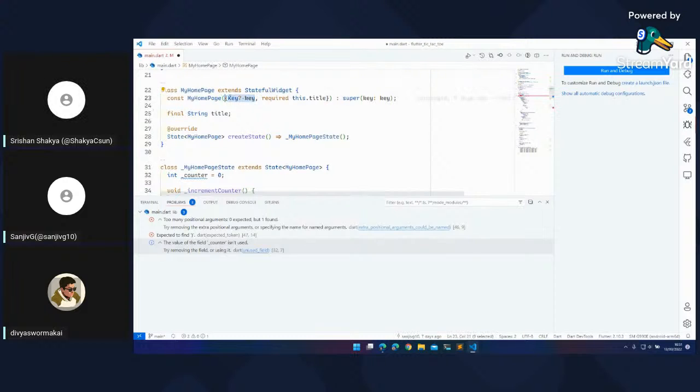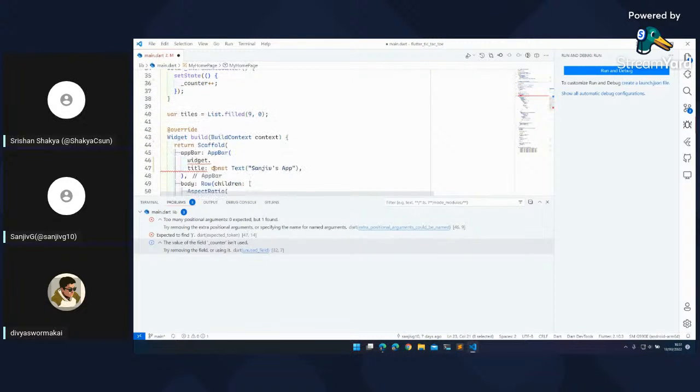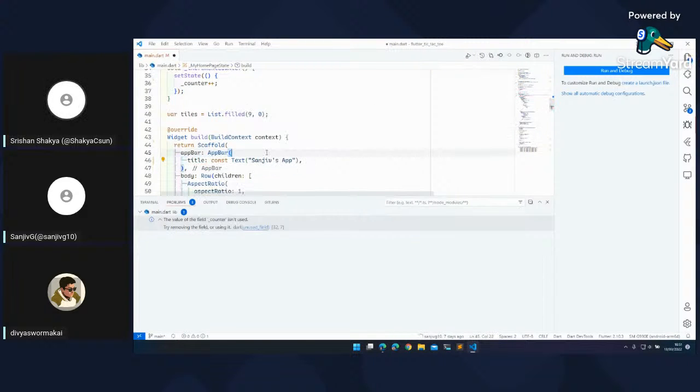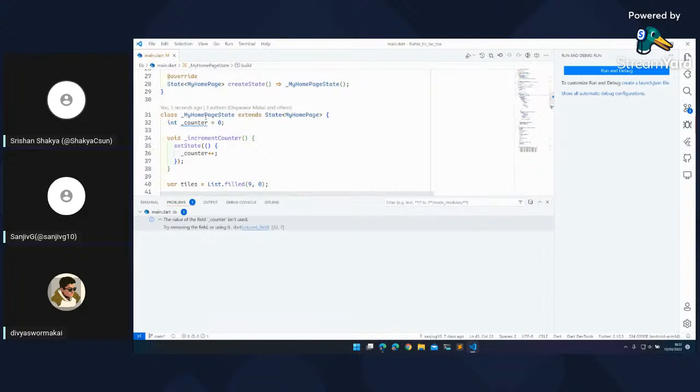Keys are a little difficult concept to explain, but if you want to learn about it, then there's a very good video on the Flutter official YouTube channel too. Let's not go into keys right now, we'll come to that someday as well.